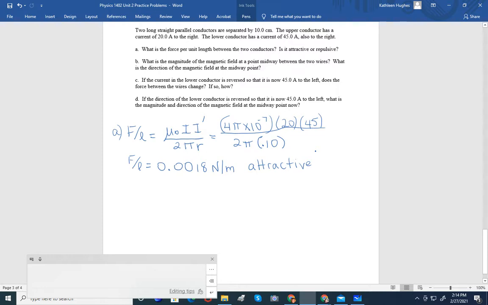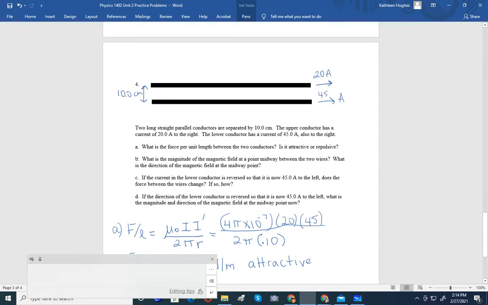B says, what is the magnitude of the magnetic field at a point midway between the 2 wires? What is the direction of the magnetic field at the midway point? Well, to calculate a magnetic field due to a single wire, let's do B1. It's mu naught I over 2 pi r. So if we're interested in the magnitude of the magnetic field at the center, we'll pick a point right here. There's the center. You can see that it is 5 centimeters away from the upper